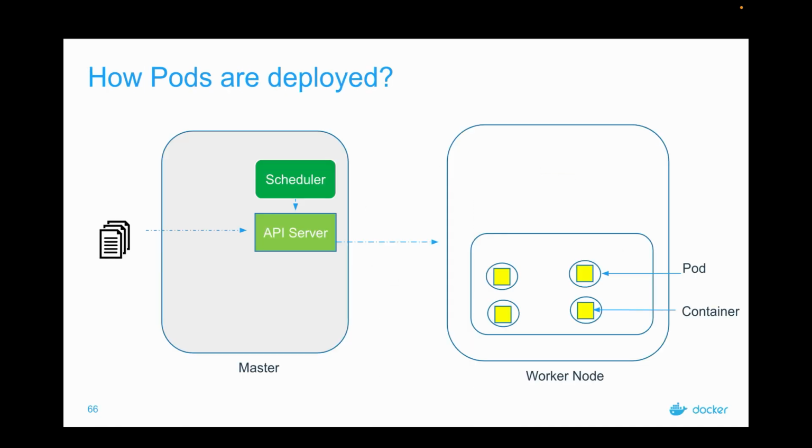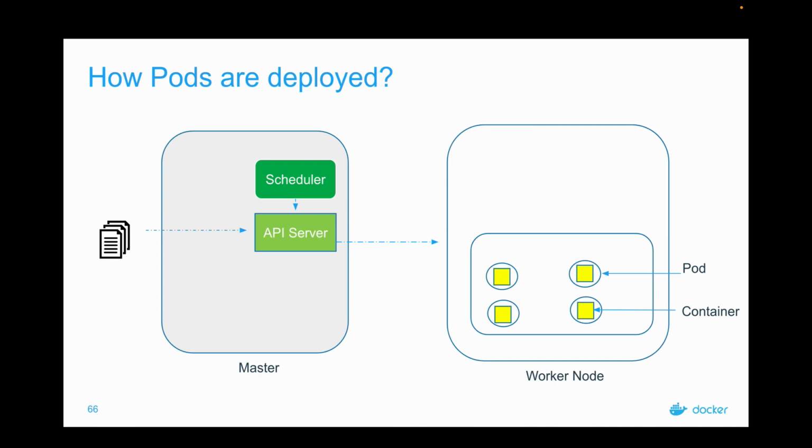Now let us understand how these pods are deployed. First, to deploy the pod, we write a pod manifest, which consists of the container images that we want to deploy, and submit it to the API server. And this API server is none other than in the master node. After that, the API server and a scheduler component in the master node decide and deploy the pod onto an appropriate worker